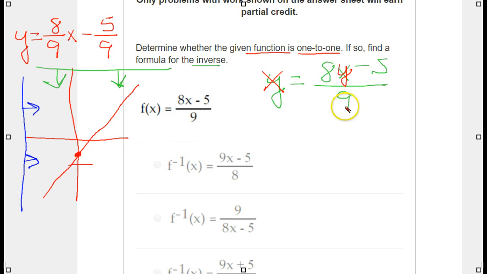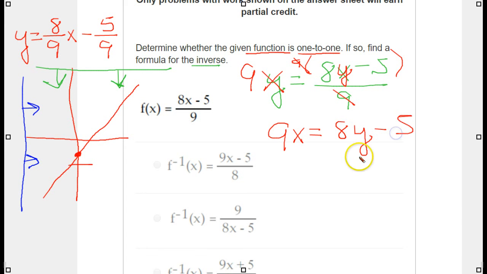We're going to do so by multiplying both sides by 9. So in this form it's actually a little better. Here the 9's cancel out, and we get 9x equals 8y minus 5. We now take our negative 5, bring it over. We get 9x plus 5 equals 8y. And now we divide everything by